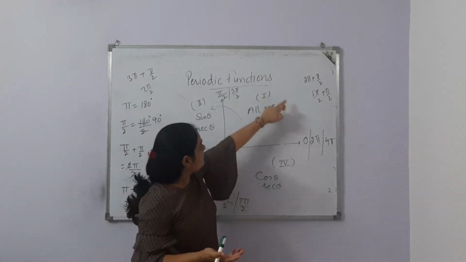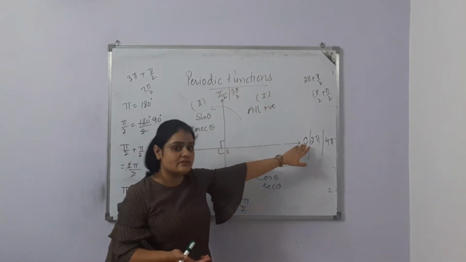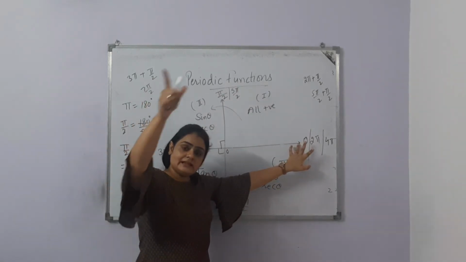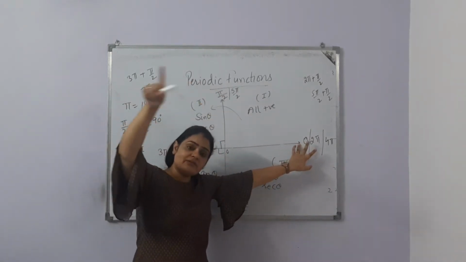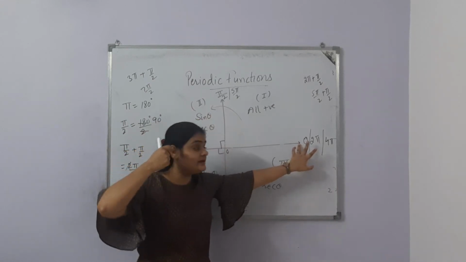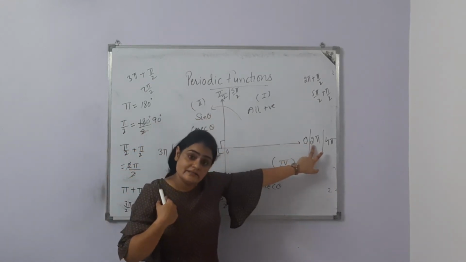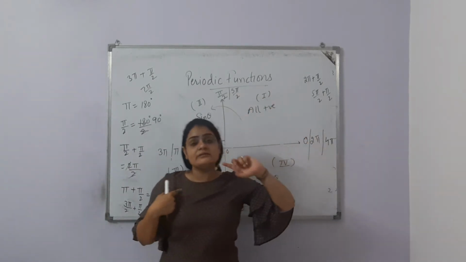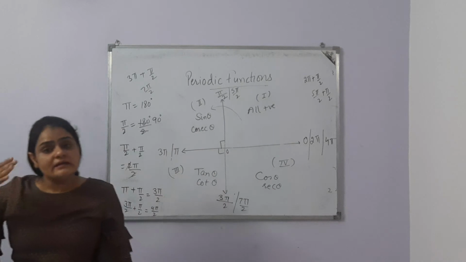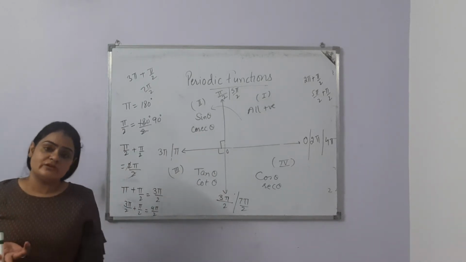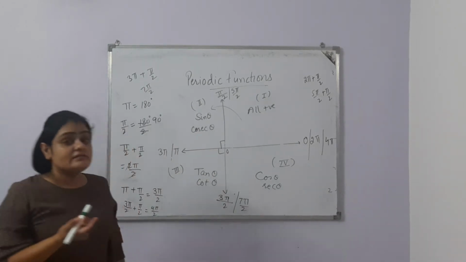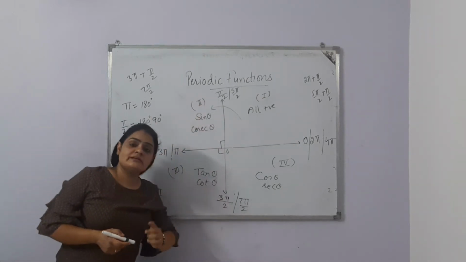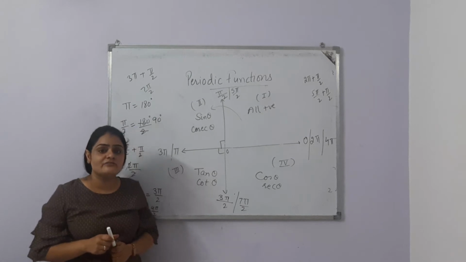That means anti-clockwise, first I am on 0. After one circle, after one cycle, which is 2 pi, which is 360 degrees, I am getting the same answer again. Again, after another period, I am getting the same answer, but the angle will be different. The angle will be greater, but the answer of the trigonometric ratio will be the same. So this is called a periodic function.